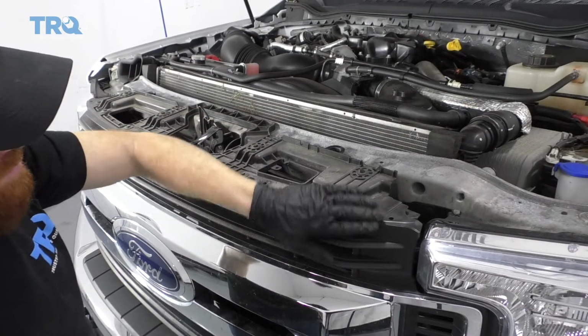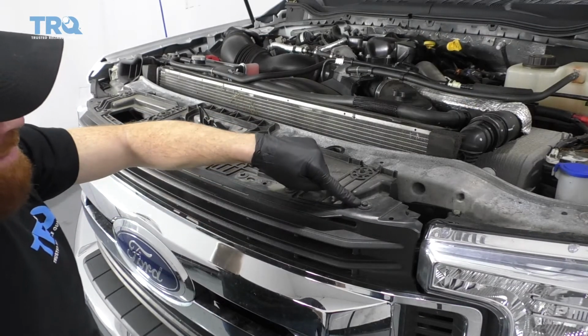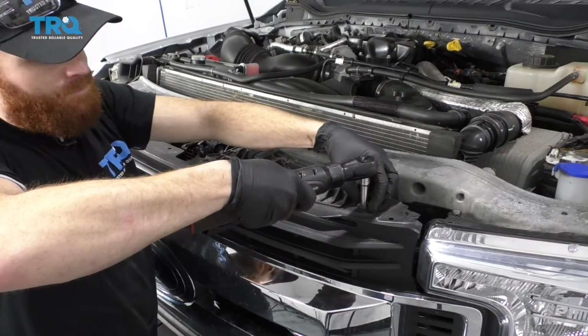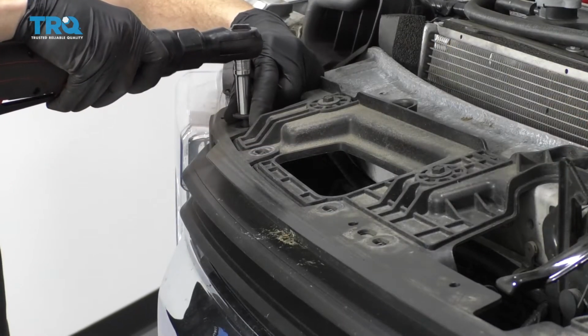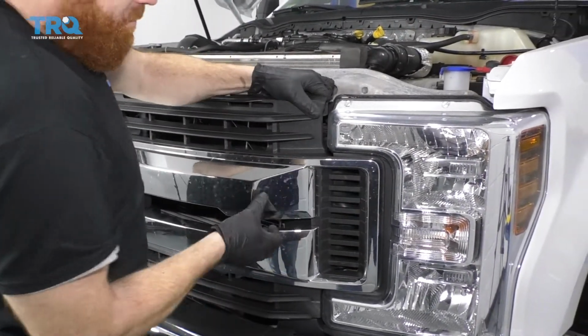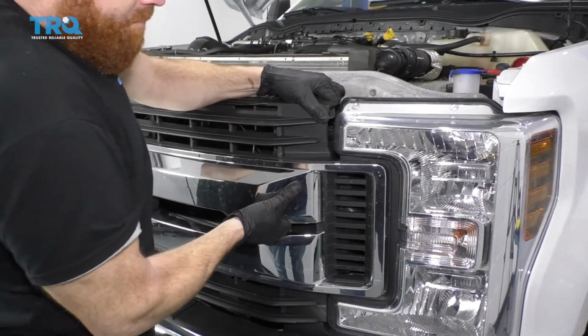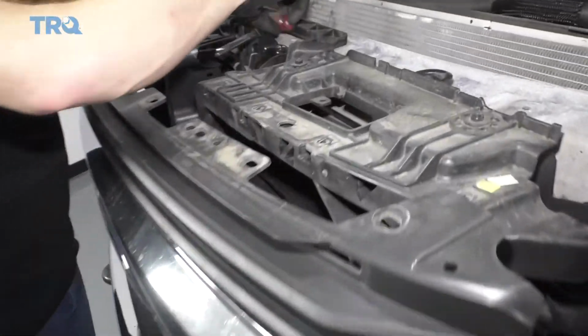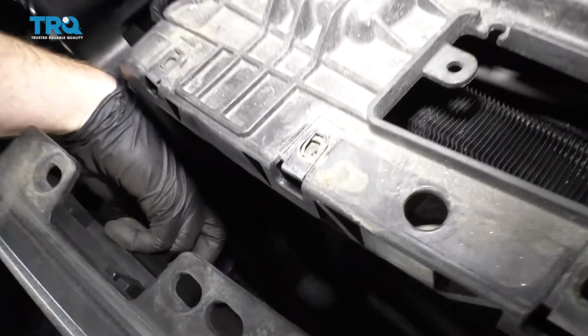So now we're going to remove the bolts that hold the grill on here. There's 8 of them, and they're 10mm head. So now we're just going to grab the grill, give it a little wiggle. There we go. If you look down inside here at this point, you can see these little clips